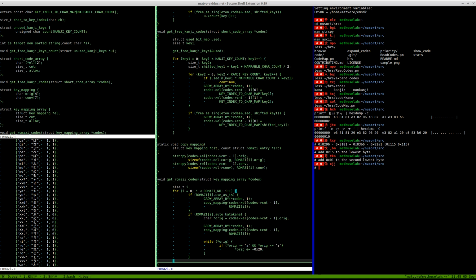The first byte, the most significant one, is always E3. So first we need to actually see if it's in the range. There are two parts of the problem. First, we have to make sure that it's in the range that we want to actually change. And the second is that we want to actually apply it. So what we can do is